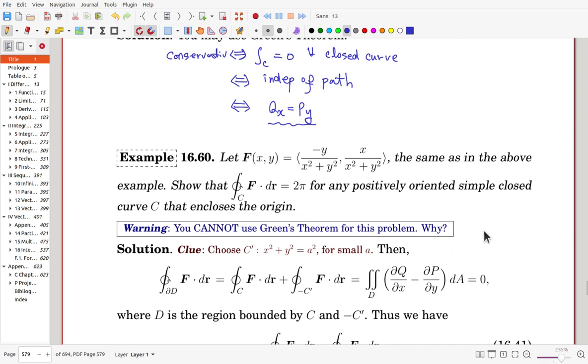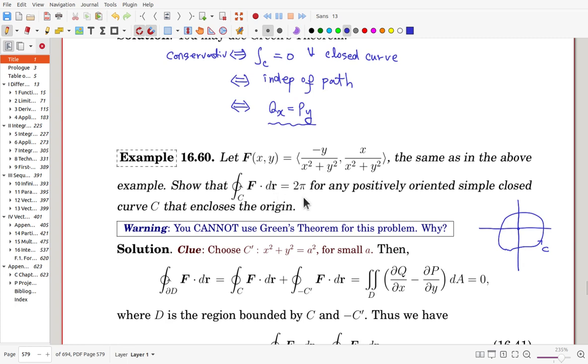So here, we consider a closed curve that is positively oriented, but now the origin is inside of this closed curve. For any choice of closed curve, the problem is asking us to show that the line integral is